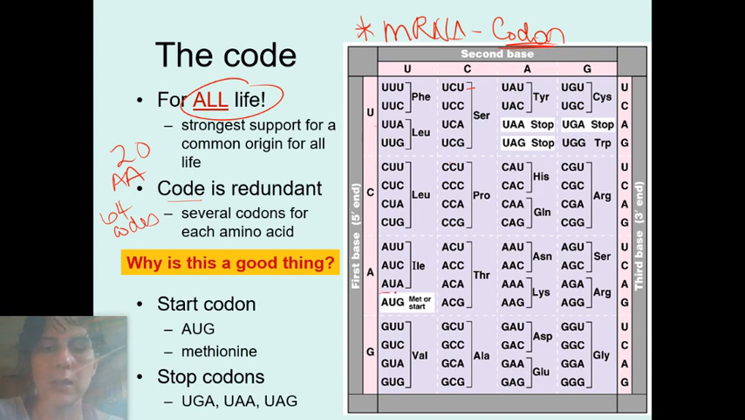The only one that doesn't is this one right here. AUG only specifies methionine, and it is also specific in that it specifies the start. Every single protein, the codon that begins it is AUG, which means start, but it also means methionine. So every single protein starts with an amino acid called methionine,